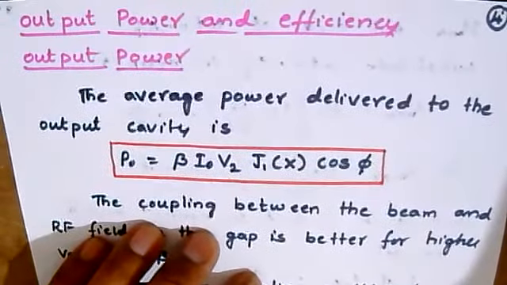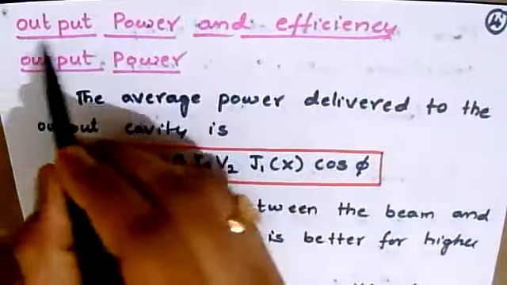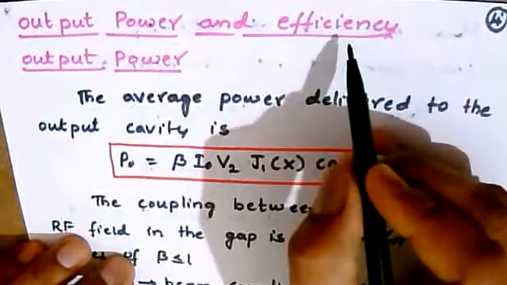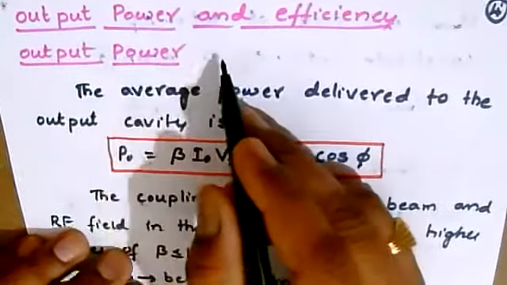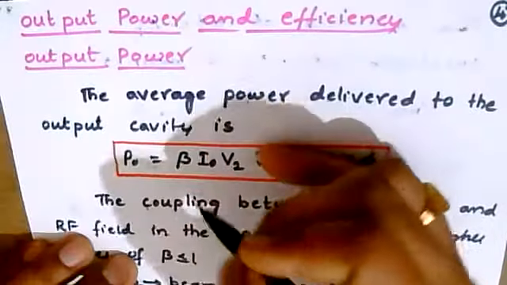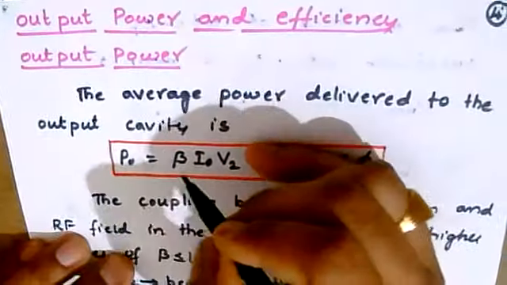Now, this is the output power and efficiency we are working out. It has single-page expressions. We don't have many derivations because we'll be approximating from the bunching process, but this is totally a different one